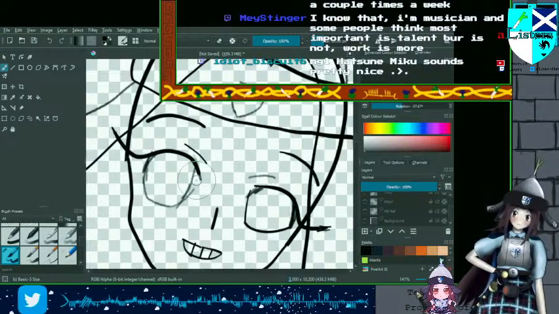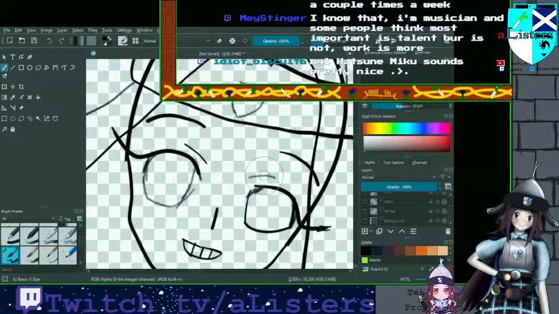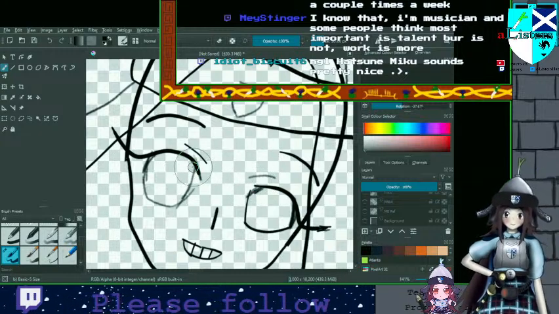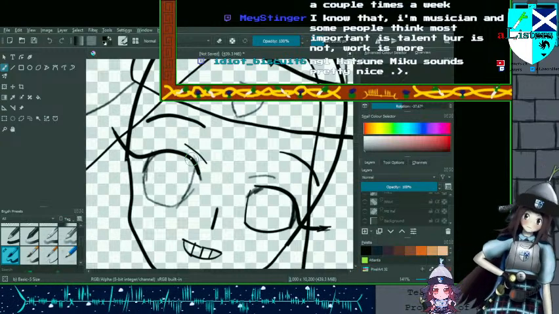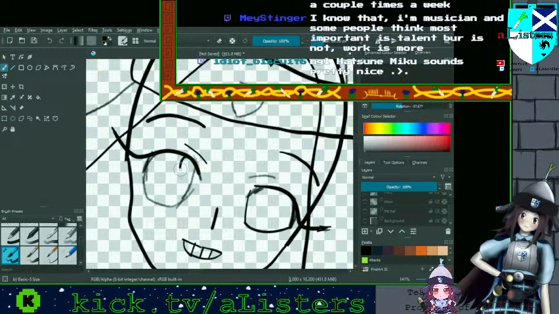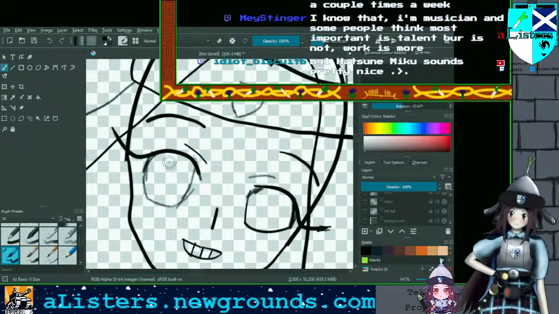Because I actually just enjoy drawing eyes. Ah, that's what's happened. I've used a different brush for it. I just like to draw in some of the anime aesthetics.